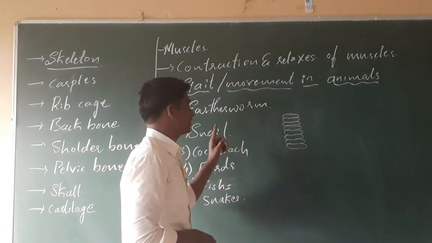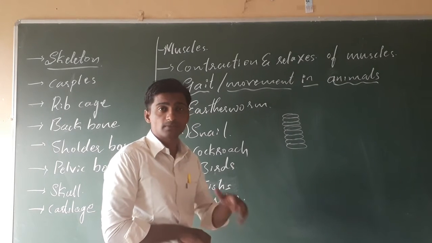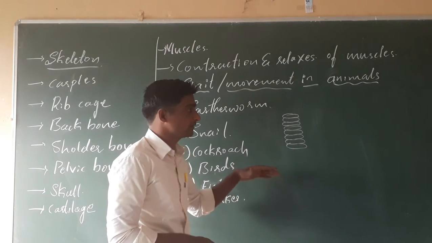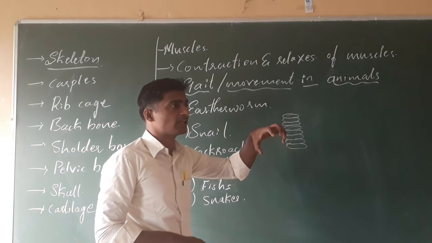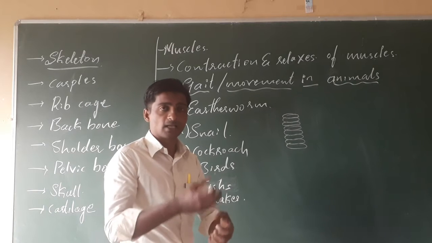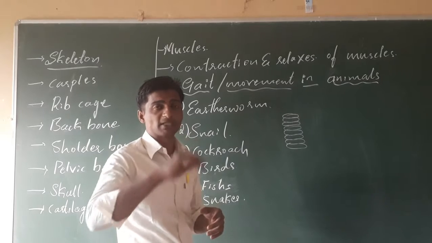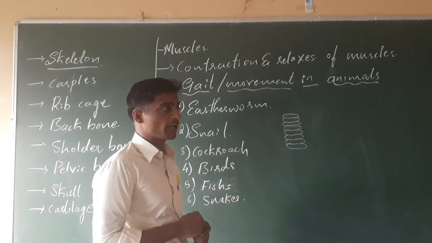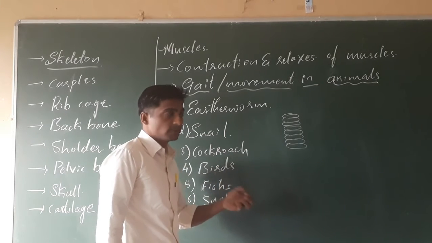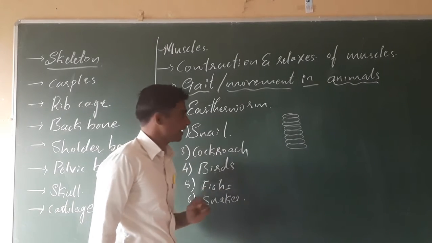Isn't it? Next, come to the snails. Snails are very slow movers. You might have seen them during the rainy season. The snail has a hard shell on its body, a round-shaped shell. That is not made up of bone, it is of calcium carbonate. When it senses any risk, it will move inside the shell. Otherwise, during movement it comes out of the shell.